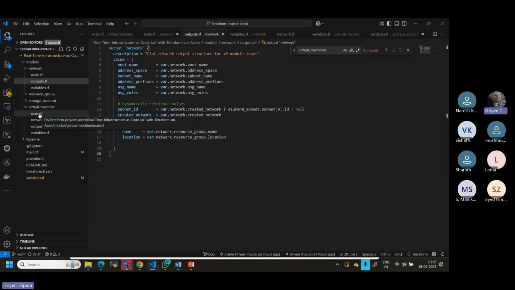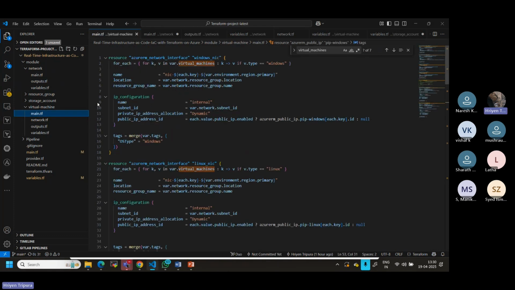Now go back to the VM module. As I told you, if I want to use this, how can the network module be used in my VM module? Let me tell you the first thing. Before that, I will explain the VM module, then I will show you how we can pass it to the VM module. First thing,